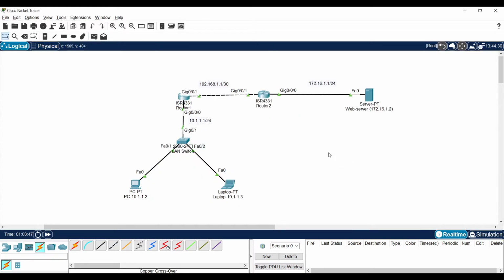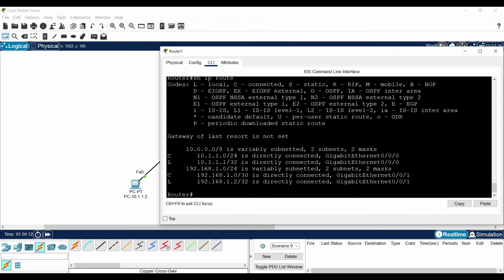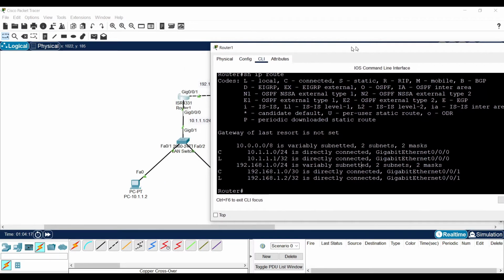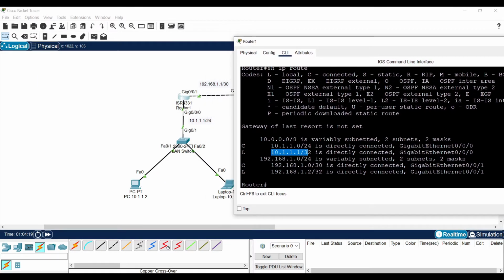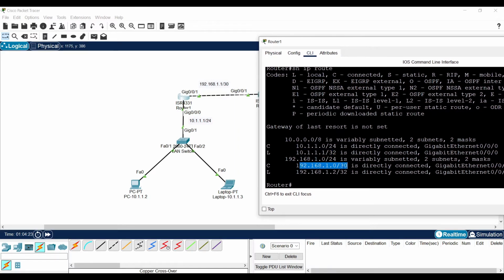Let's see this network. In this network, I brought another router in between, which gives me another network in the middle. When I see the routing table on the same router, I can only see the default connected routes: the route which belongs to my network and the route of the connected intermediate network.